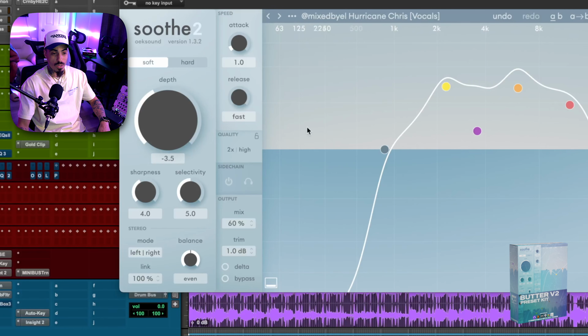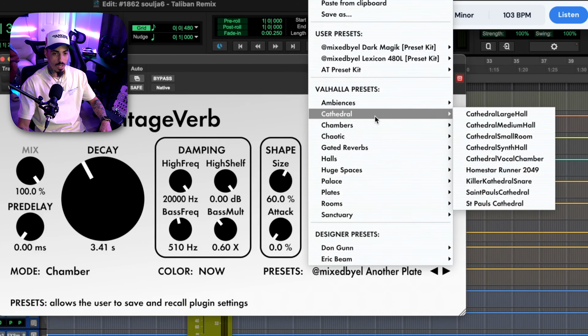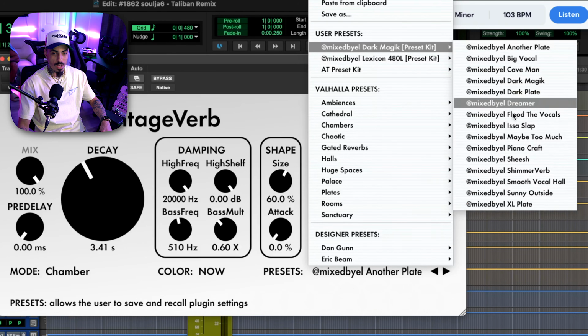I like that. I like that. So just minor adjustments. All I did was touch this depth knob, and that was it. I'm loving how the vocals are sounding. Let's start adding effects. I'm going to go ahead and add on this reverb. We're probably going to go with Valhalla Vintage Verb and go with my Dark Magic preset kit, and let's use